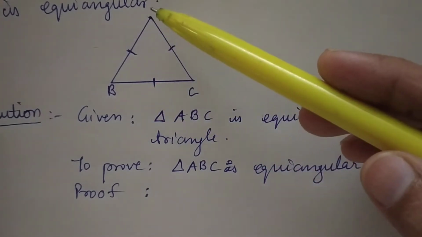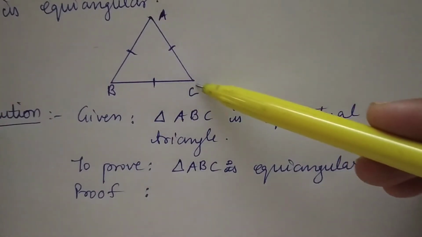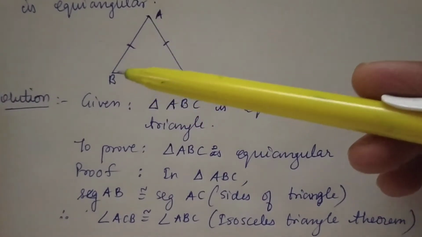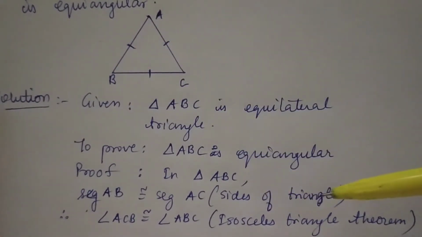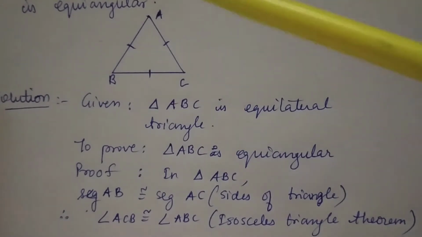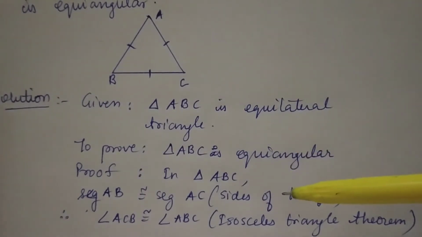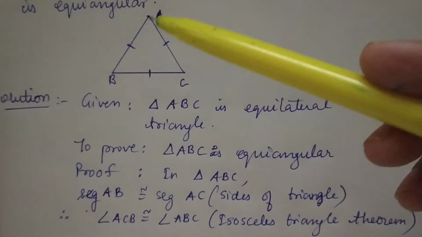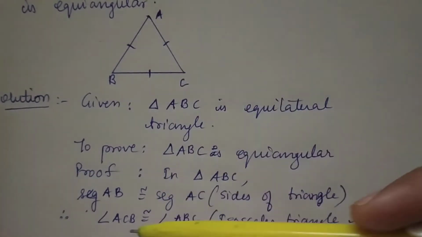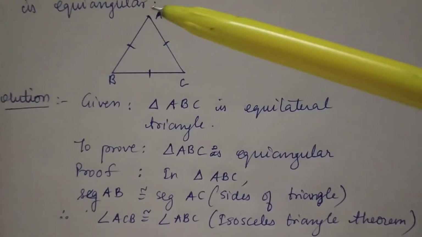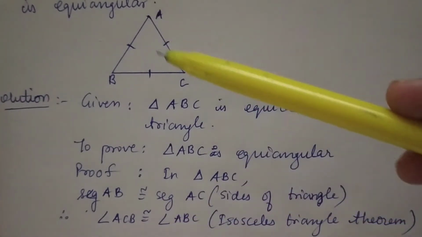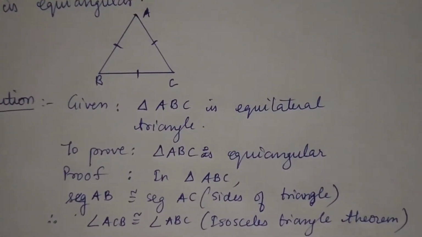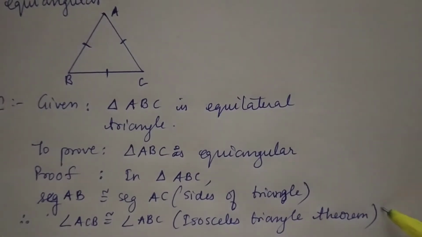So let us start. First we will say in triangle ABC, seg AB and seg AC are congruent. Now in the proof we say that in triangle ABC, AB is congruent to AC because they are the sides of an equilateral triangle. I'm so sorry, we have to mention equilateral triangle here. And side AB is congruent to AC, and therefore, the angle opposite to AB is C. So therefore angle ACB is congruent to seg AC, so the angle opposite to AC is angle ABC. So ACB is congruent to ABC, and we are going to number it as 1.